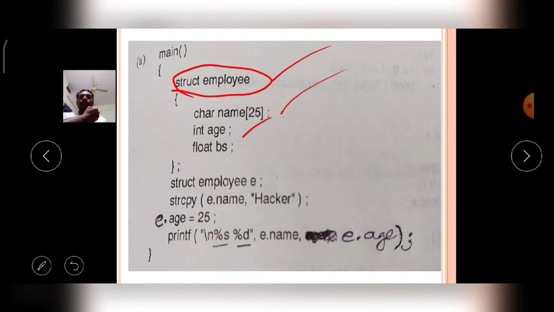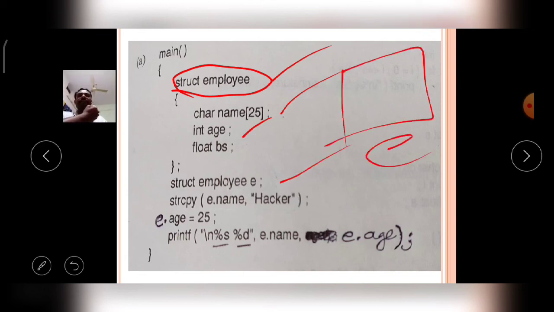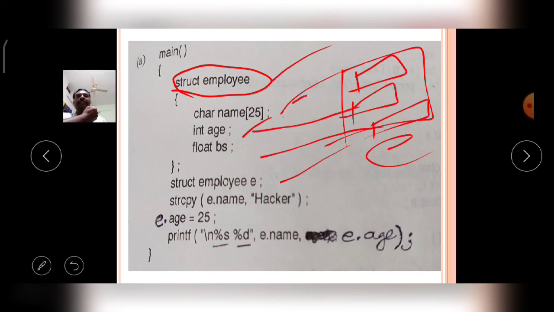Now come to here. The struct variable E is created. The struct variable E contains 3 members: name, second one age, and third one BS. So this is BS, this is age and this is name.